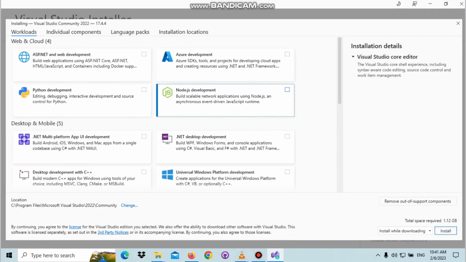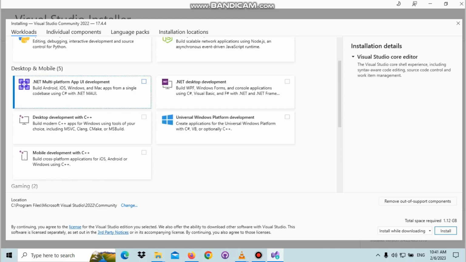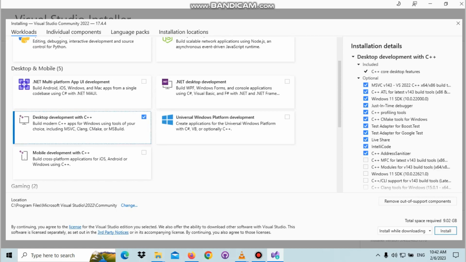Now we're here in the installation section. In the workloads here, we have to focus on getting desktop development with C++. Drag down a little bit and go to this desktop and mobile section. We're looking for desktop development with C++. Click on it in the right hand corner. As you enable it, you'll see on the right hand side in the installation details, it will display all these